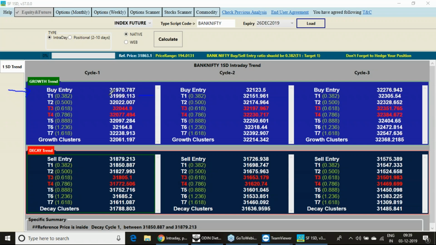So if you are buying at 31,999 or 32,000, you must hedge it with one. If you are buying at 32,000, which option should you hedge with? If you are buying here, all must answer so that I can understand that yes, you are able to do hedging. Whether you accept hedging or not,